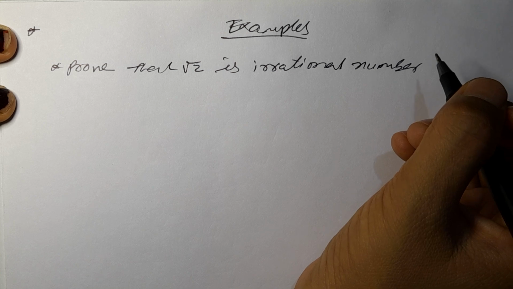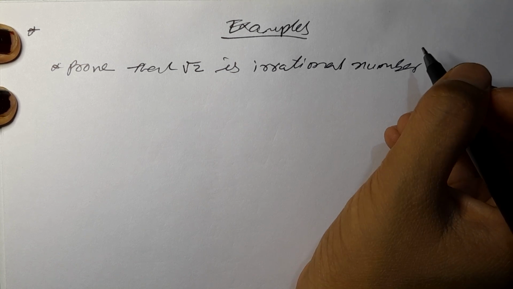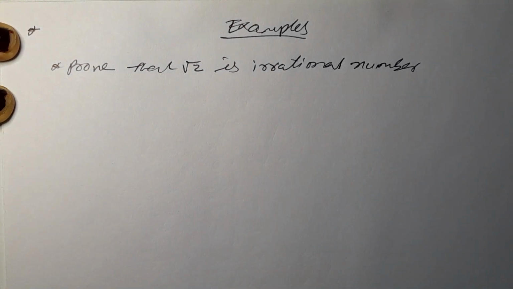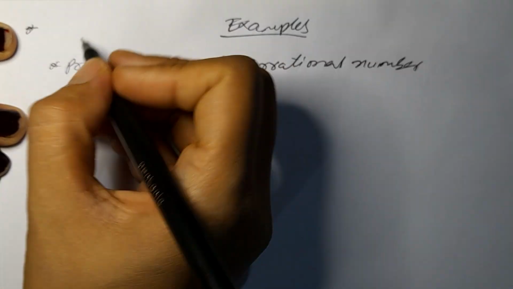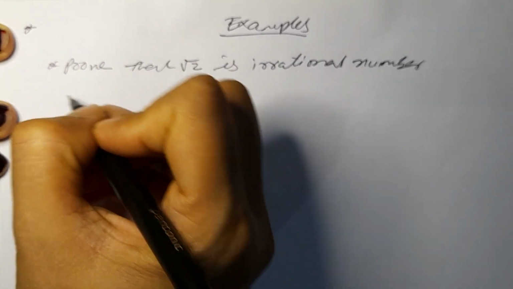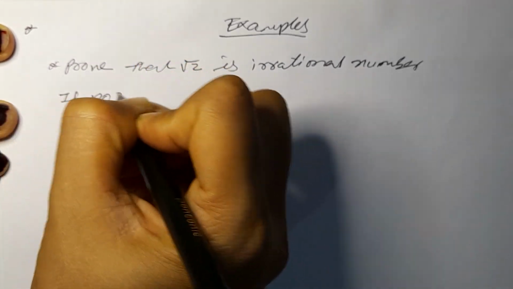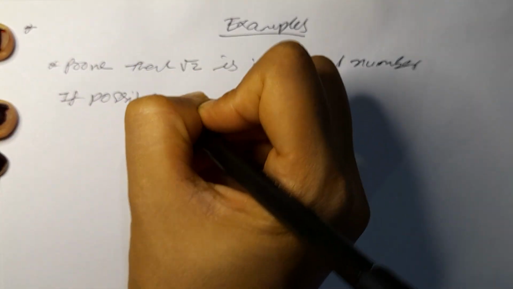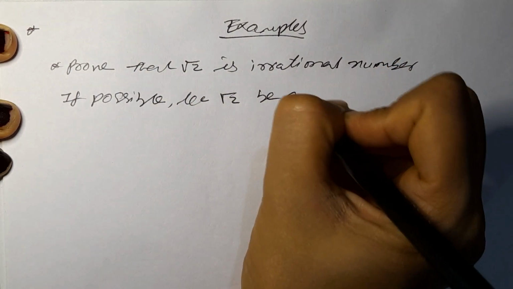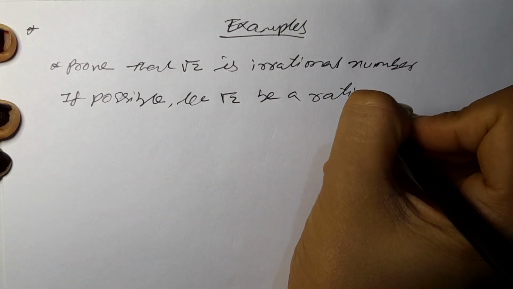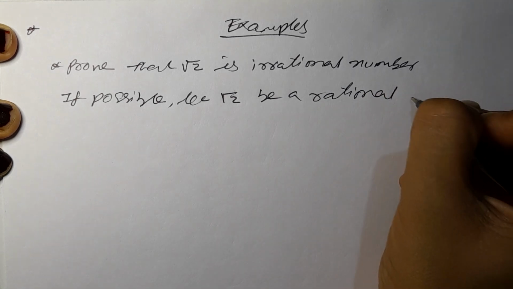The pattern is almost the same, only the number will change. Instead of 2 it will be 3, or instead of 3 it will be 5. The rest of the process will remain the same. So it will begin the same way. If possible, let root 2 be a rational number